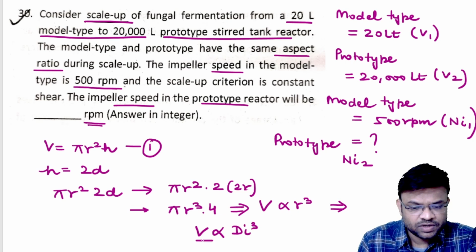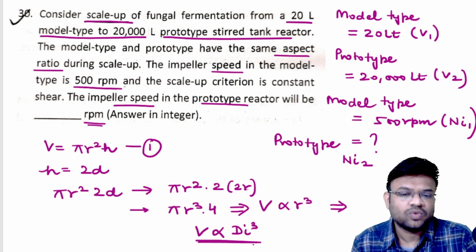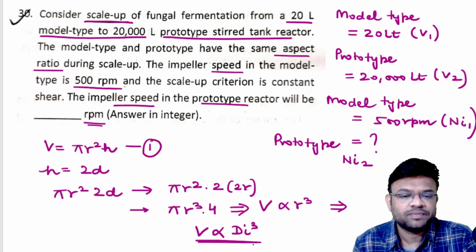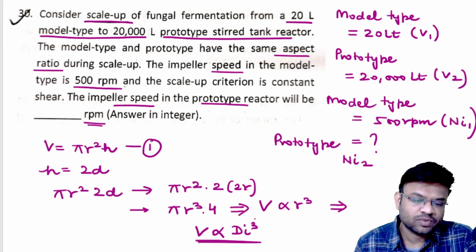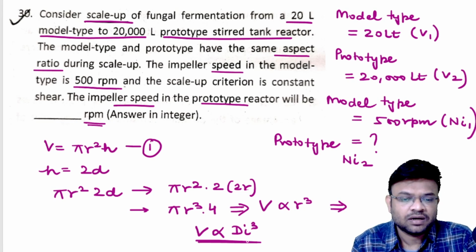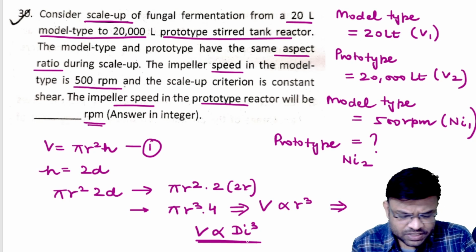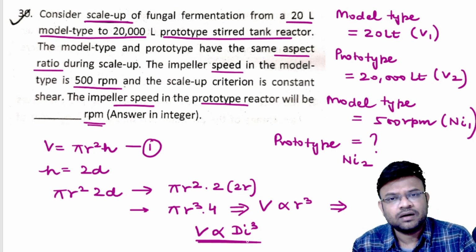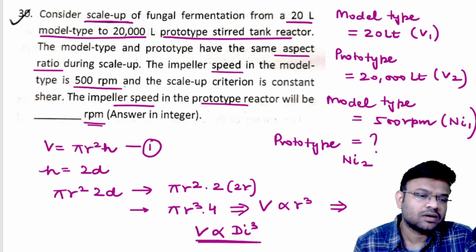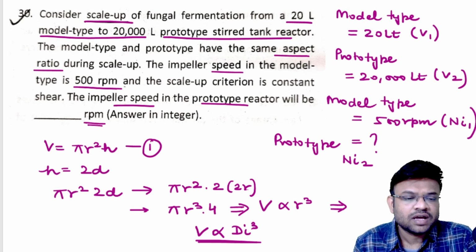Diameter cube, di cube. So volume is directly proportional to the diameter cube. I believe you would have got a clear idea about this. Now let me quickly move to the calculation portion of the diameter, since we are not aware of